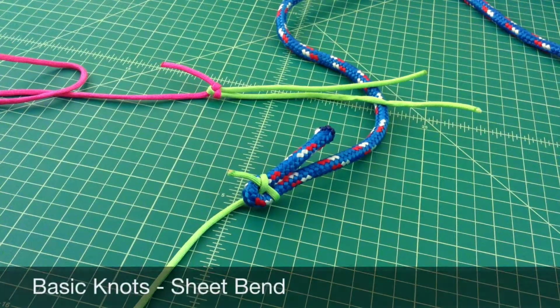Alright folks, just want to do a video on a knot that's called a sheet bend. We're going to cover a double sheet bend as well because it isn't much more difficult and it's just as easy to learn. And there's a couple of things I wanted to cover before we got started, and that is